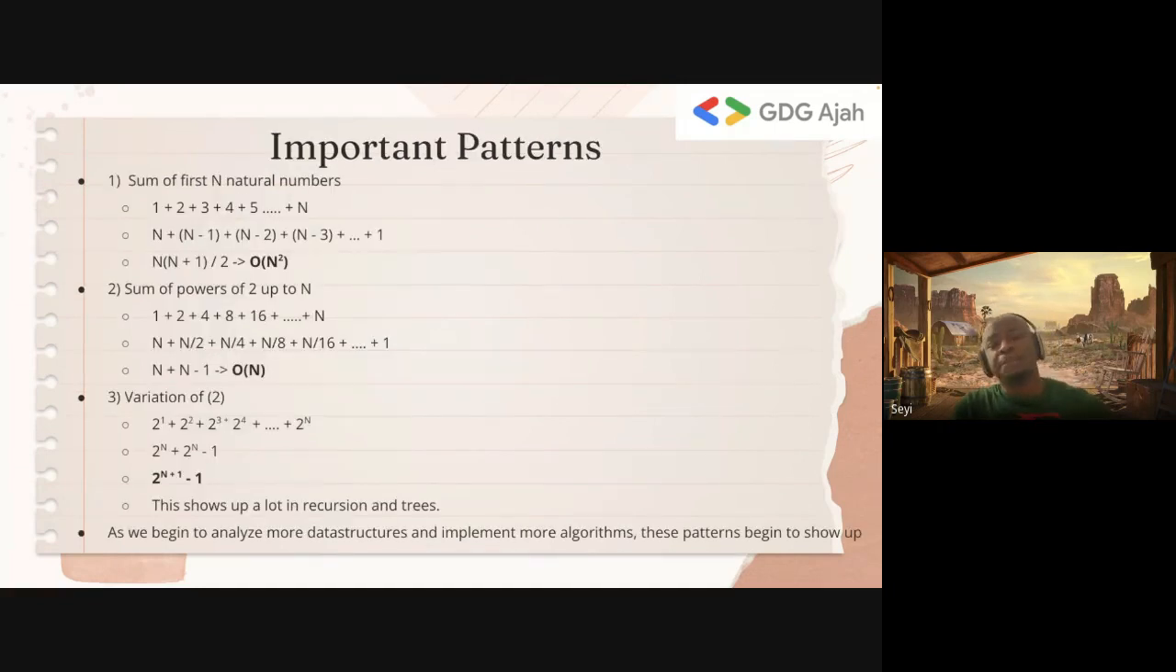So we went through some patterns. These are the key patterns I noted, and these are important patterns that you need to know. That's why I outlined them here. The first one we went through was the sum of the first